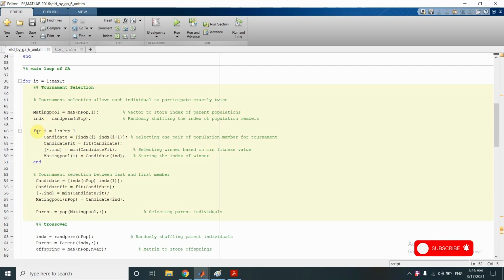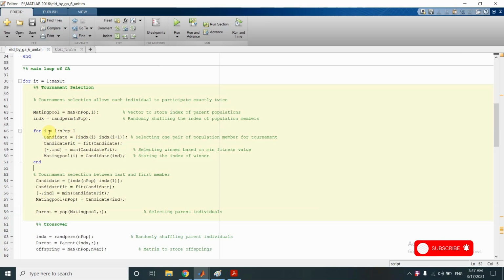So this for loop will run 1 less than n pop times, because for playing the tournament we are selecting individuals in pairs of 2. That is, for the first individual we will play a tournament with the next individual. Similarly, for the next individual we will play a tournament with the next individual.